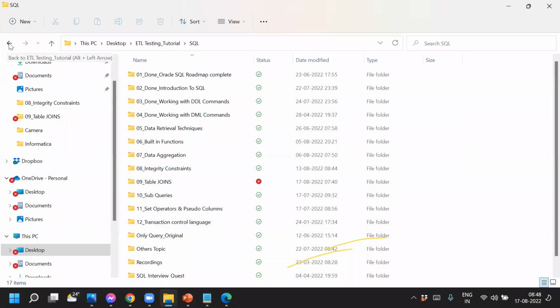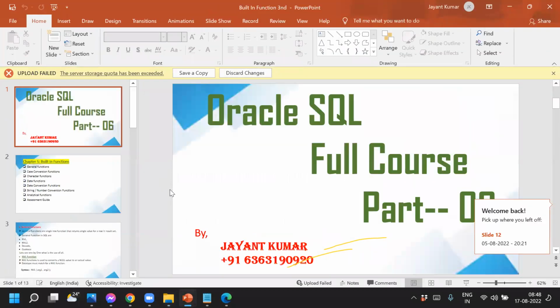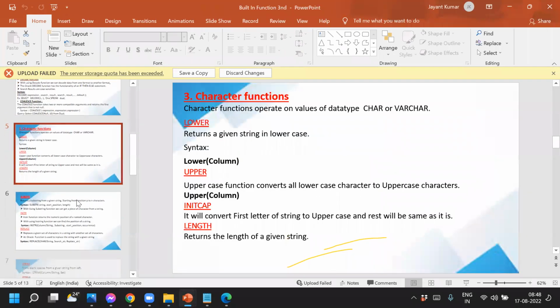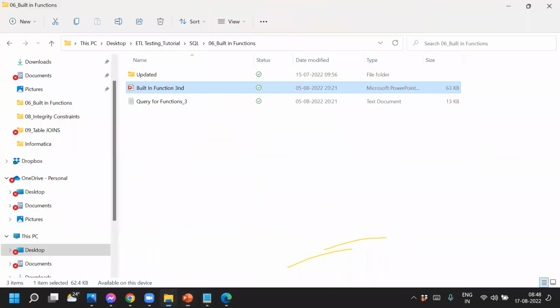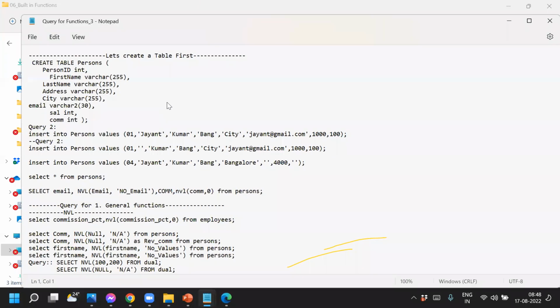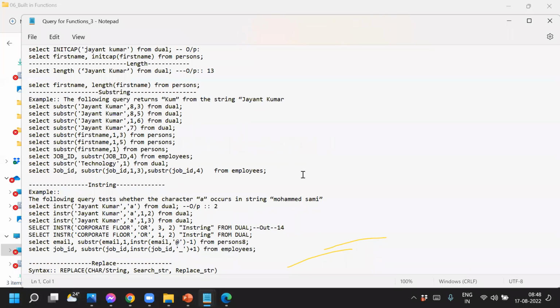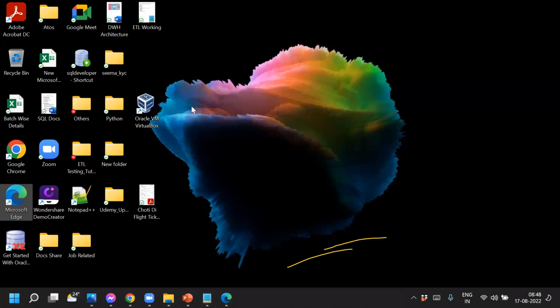Based on my knowledge, I'll show you all these things, and the document is very nicely explained. All the theoretical things are there. After that, the queries will also be shared with you. For one topic, there will be a minimum of 7-8 queries. And I'll also show you in class, in real time, how we are going to do it